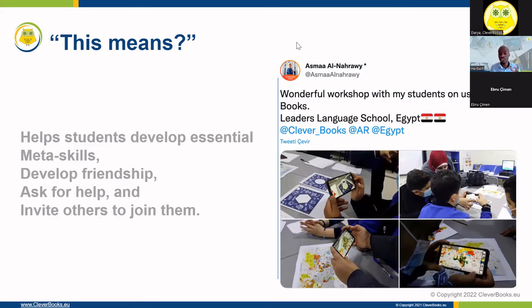These are all some of the biggest things that we can use. Collaboration and cooperation create an environment where you want to see your students help each other succeed. The picture we have there is a school in Egypt, I'm so excited I can't even pronounce the words today, of a workshop where the students are working together on a project, and there's math and geography they're working on over there.